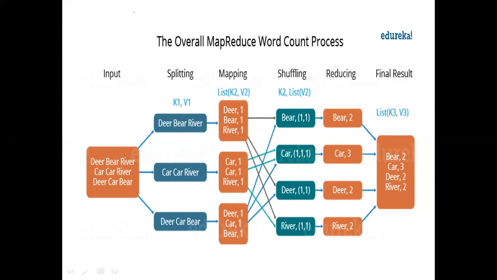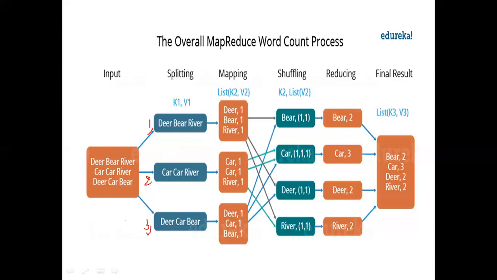At the time of giving the input split to the mapper, in which format are we giving it? See, what are the key comma value pairs? That line will become the value, and the key for it is a serial number. What is the serial number of this line in the original file? This line number is one. So here the pair will be one comma deer beer river. Here two comma deer beer river. Here three comma deer beer river. The line number will be taken as the key here. Keys 1, 2, 3 are the keys.